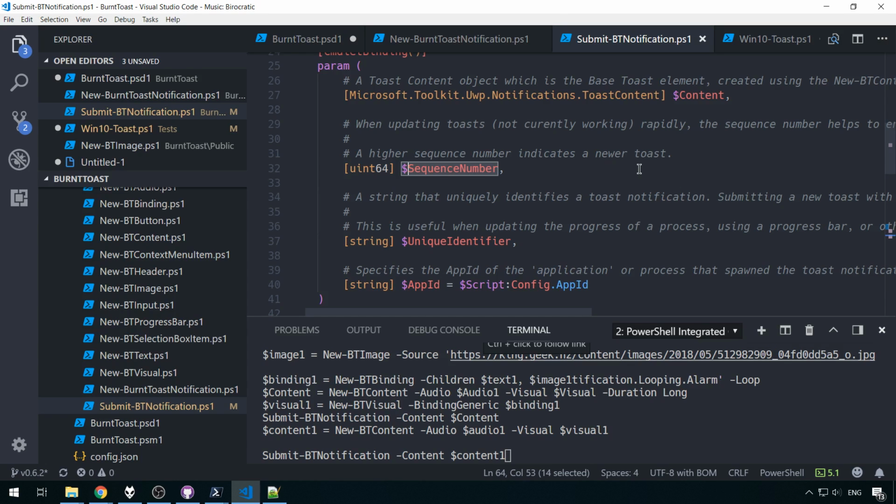I'm using the method called replace, which basically, if I send a toast with a unique identifier, and then I send another one with a unique identifier, it's going to rip out that previous one and display a whole new